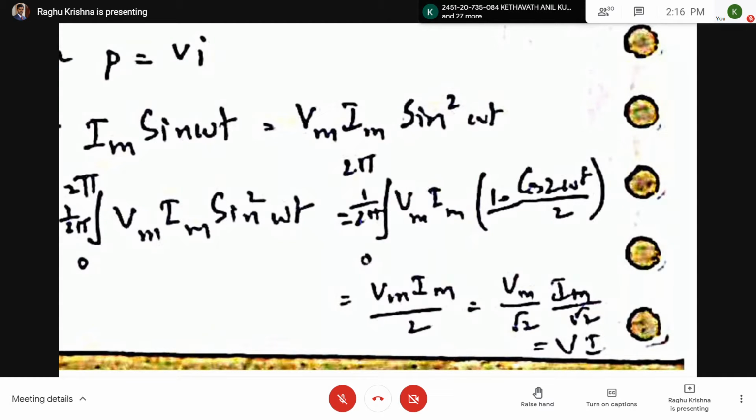If you take any appliance, let us take a ceiling fan, on it will be written 220 volts to 240 volts. That means we can apply 220 volts to 240 volts. That is the RMS value. And our supply voltage is 230 volts AC, which is also an RMS value. If I want the maximum value, the RMS value into root 2 gives the maximum value. That is, Vm can be obtained by Vrms into root 2. So this is about the AC circuit containing resistance.